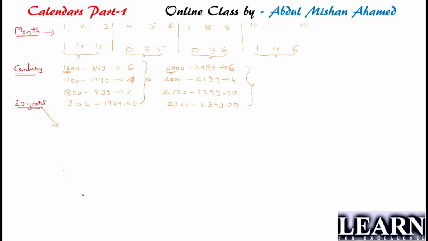While talking about century, if you have a century, which is hundreds in terms of multiples of 4, we take it as 6. If we have 1 remainder, that is 17, so I can take it as 4. If it is 2 remainder, then I can take it as 2. And if it is 3 remainder, I can take it as 0. So this is how it works out. It's similar to the unit digit position, right? Where we take out the remainders.